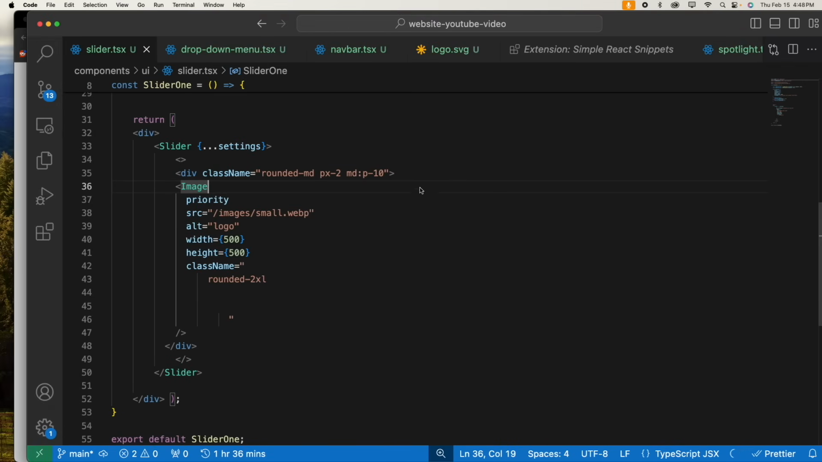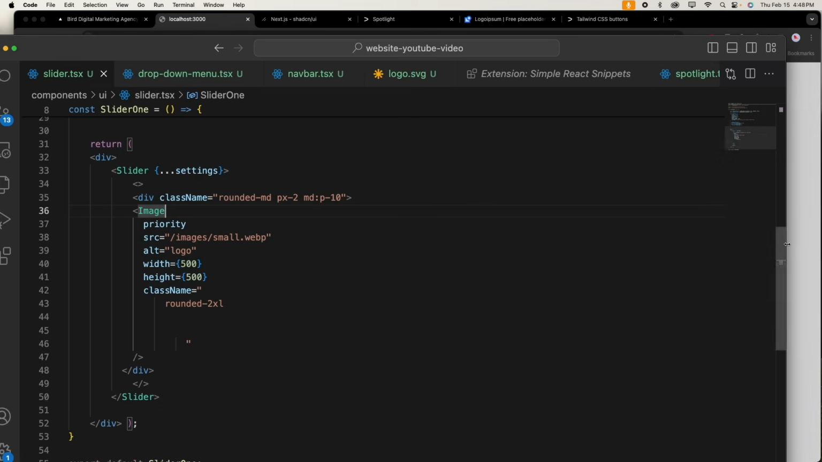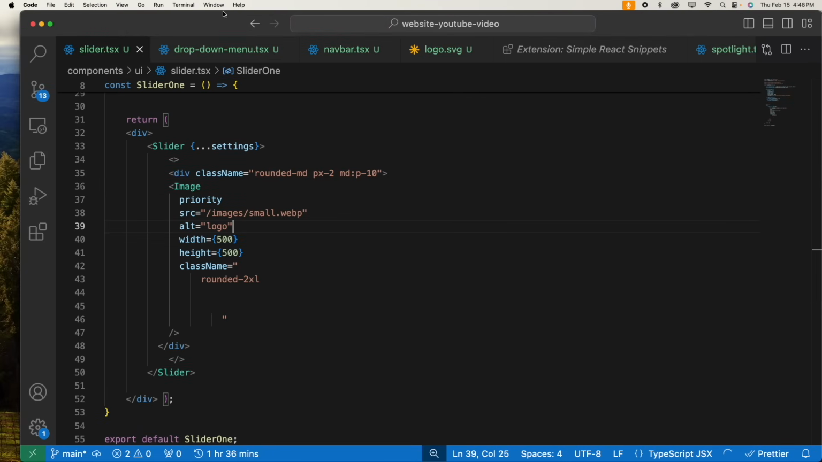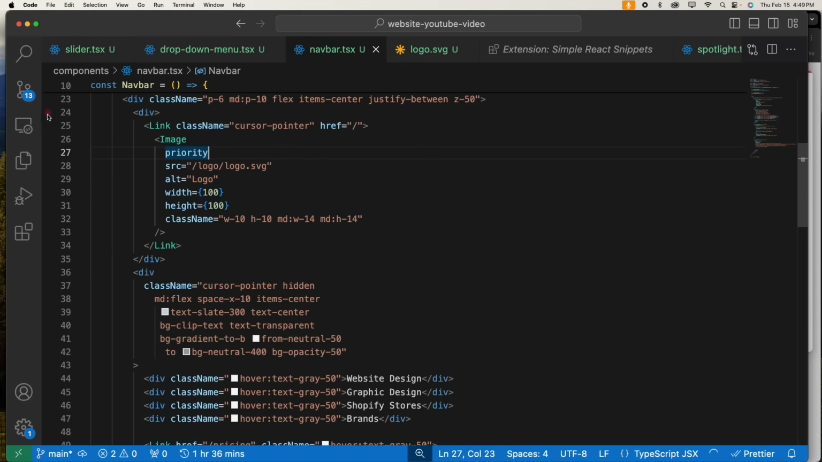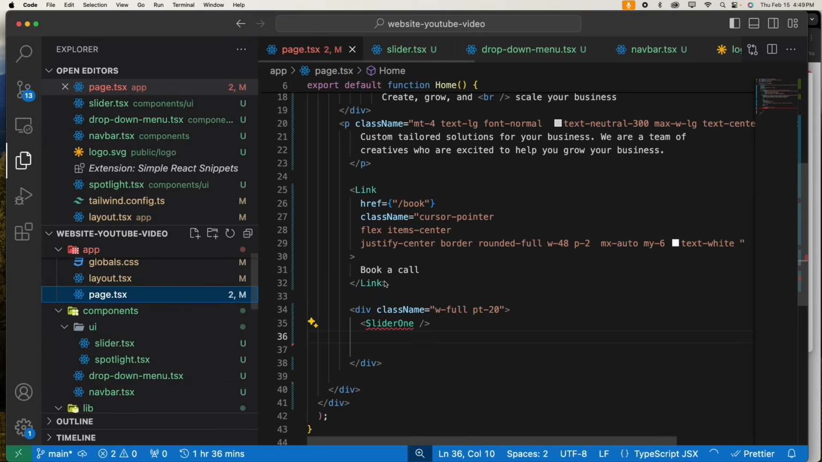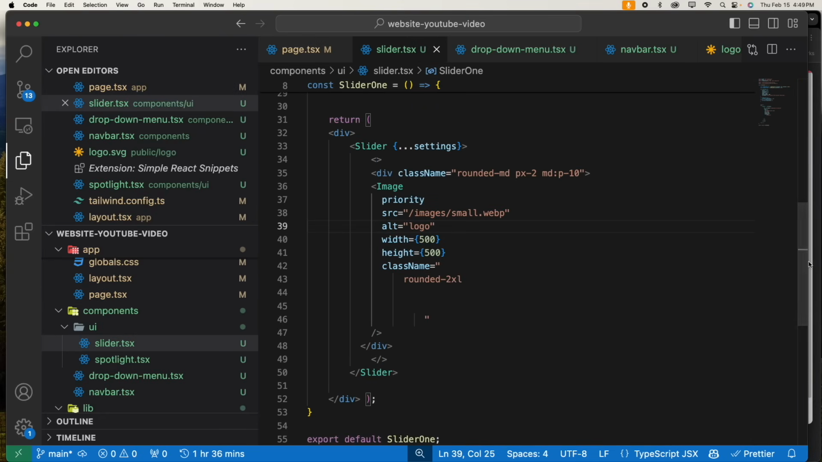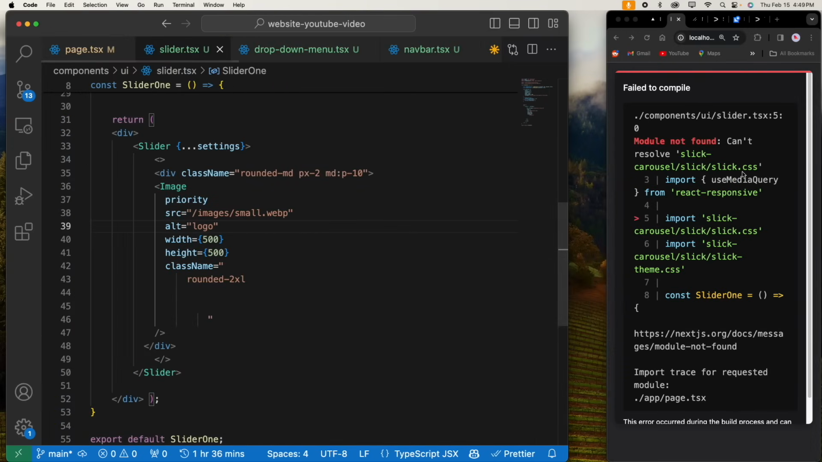But what we need to go ahead and do, to actually see something while we're developing, is import this. So here, if I go back into my navbar, pretty much just go back to page.tsx, so slider 1, like this. Okay, now if I go ahead and I move to the side, we're going to see